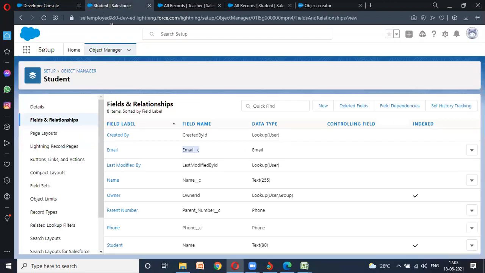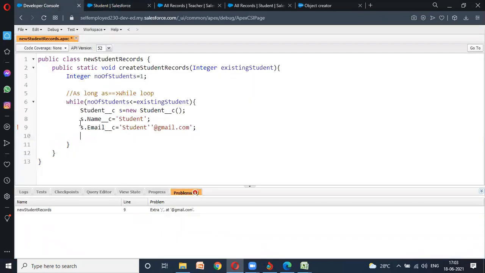Similarly, same for parent number and same for phone. Fine, here I just need to add yes.